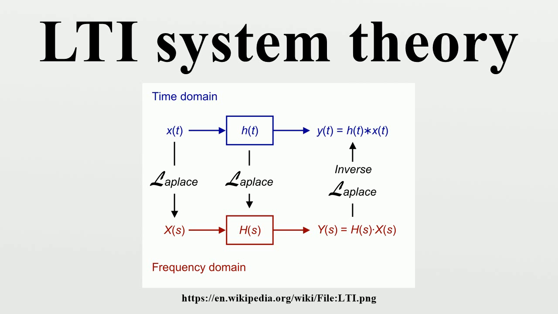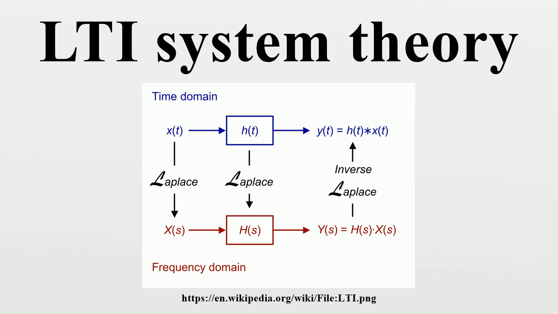The fundamental result in LTI system theory is that any LTI system can be characterized entirely by a single function called the system's impulse response. The output of the system is simply the convolution of the input to the system with the system's impulse response. This method of analysis is often called the time domain point of view. The same result is true of discrete-time linear shift invariant systems in which signals are discrete-time samples, and convolution is